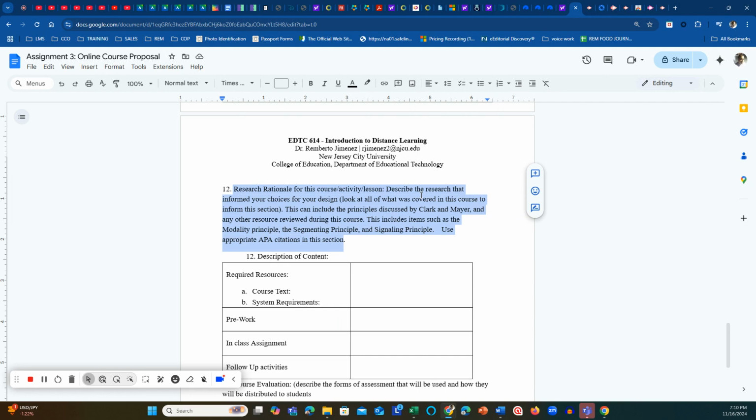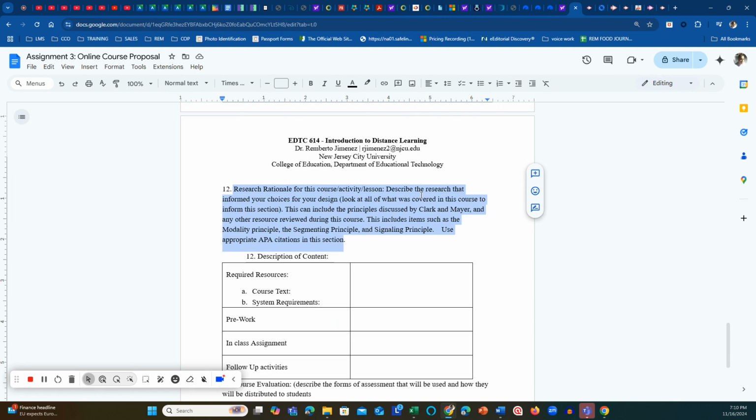If you're using things like the signaling principle and so forth, again, that also includes any research that we may have conducted on connectivist learning, which is an article that I gave you last week. You may also want to consider other tools as well. Any of the research that I've provided you this semester is open and fair game for you to use in your research rationale. For example, if you use a podcast, use some of the materials that we have used previously in the course. But the catch here, though, is you need to, any research that you use, you need to